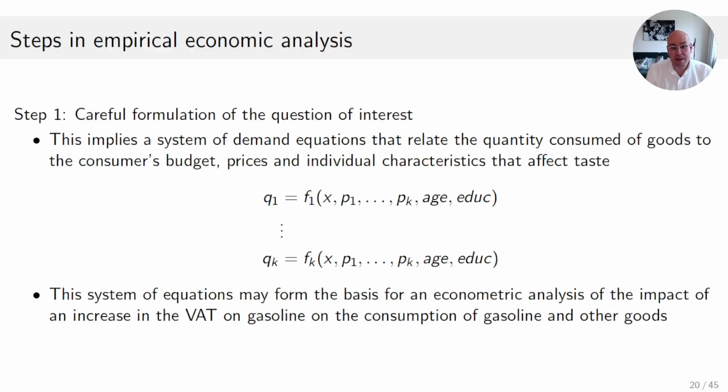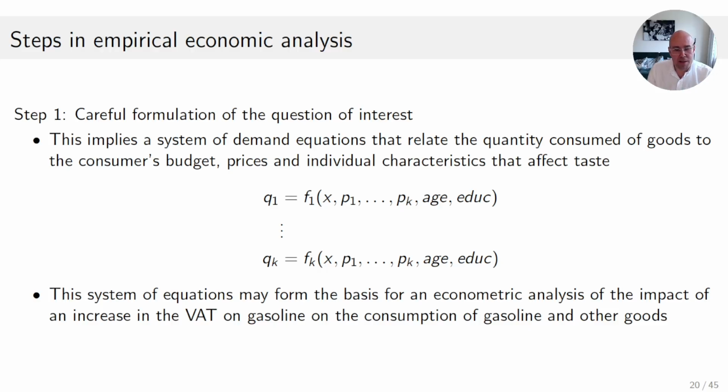From this, we would get a system of demand equations that relate the quantity consumed of goods to the consumer's budget, to prices, and to individual characteristics that would affect taste. So I'm going to get my demand functions from this. So Q1 up to QK, these are functions, F1 up to Fk, of the budget, the prices, and individual characteristics. And I could take that as a starting point